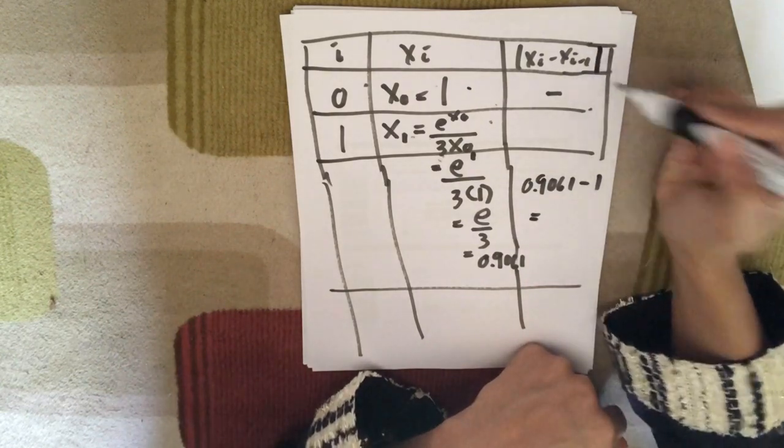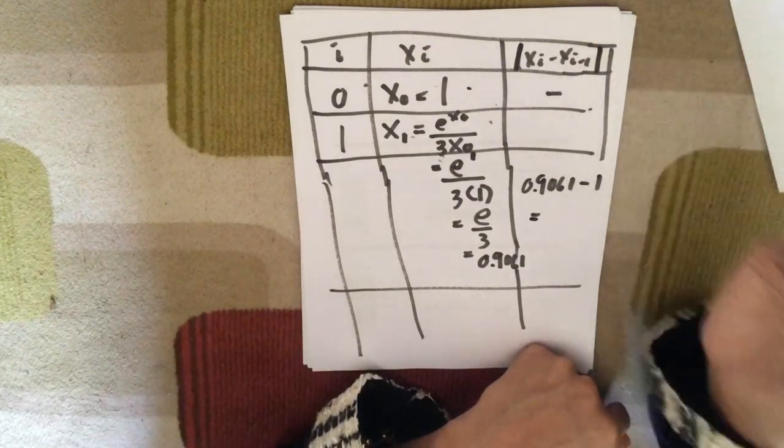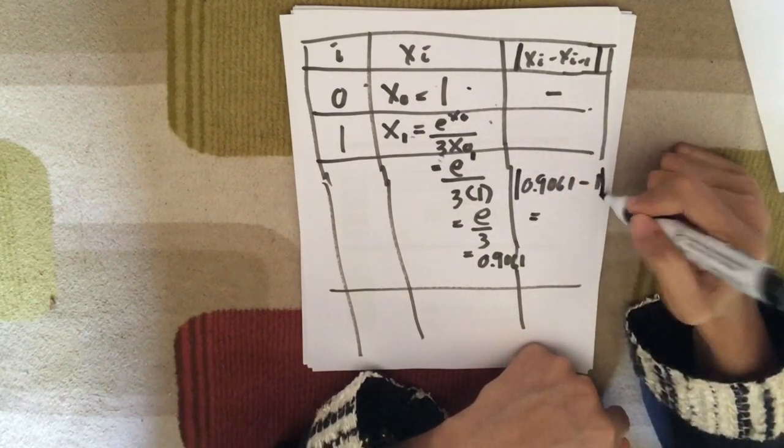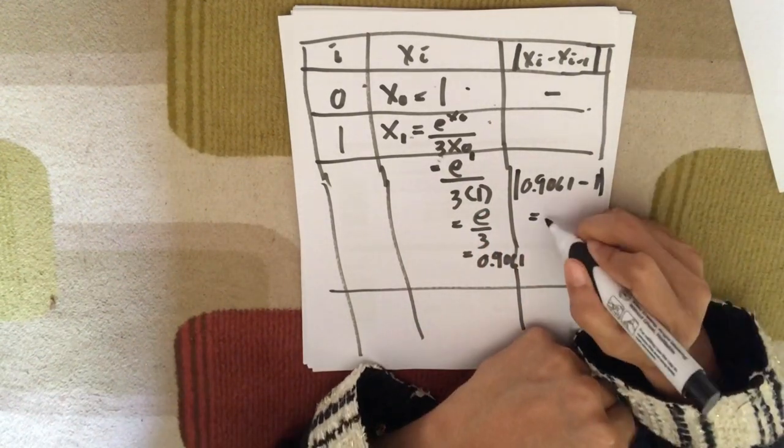But please bear in mind that error cannot be negative. That's why we have a modulus sign here. So it cannot be negative, and the error that you should get here is